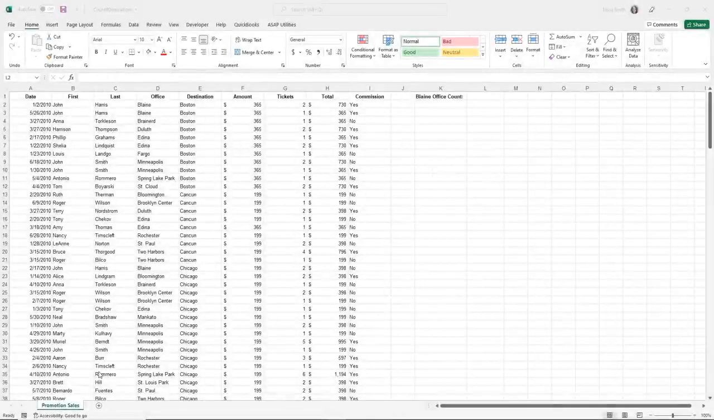Hey, welcome back, everybody. We're ready to try a COUNTIF function. Now, COUNTIF functions are, again, a statistical function that count the number of cells that meet a criteria. So in our example, I have a spreadsheet, again, that's based on the sales of a travel agency at their